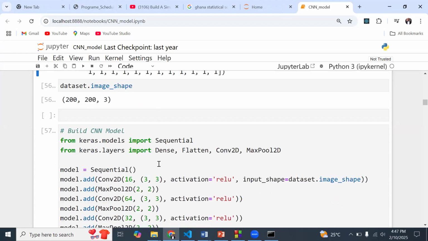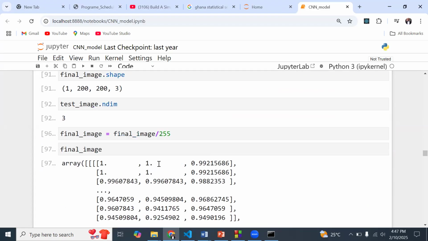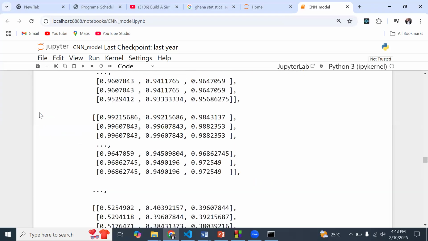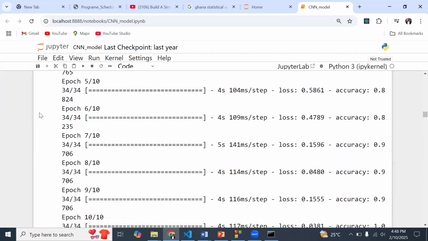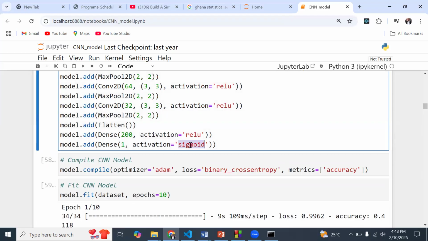But our understanding of what we did lets us do an analysis when we come down here and do a prediction. For this particular model, the first model, we go back to how we built it and see that we used the sigmoid activation function and had just one neuron at the output.